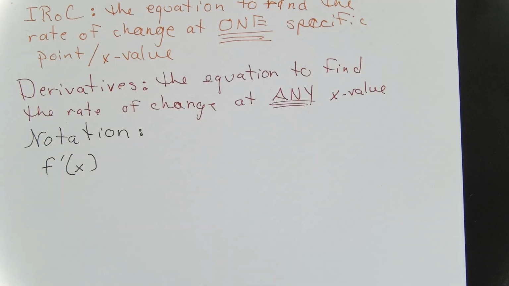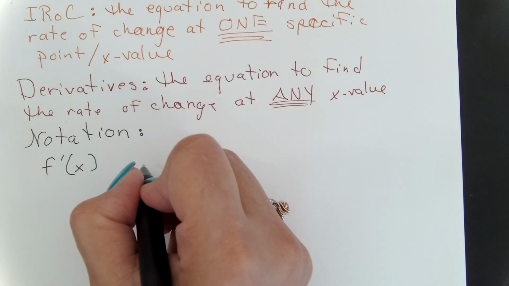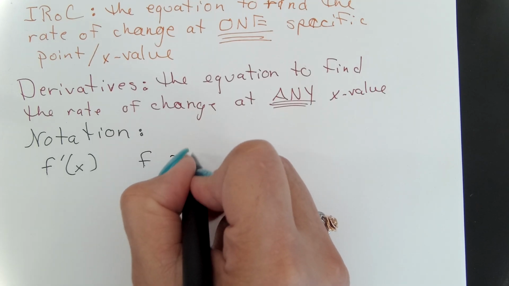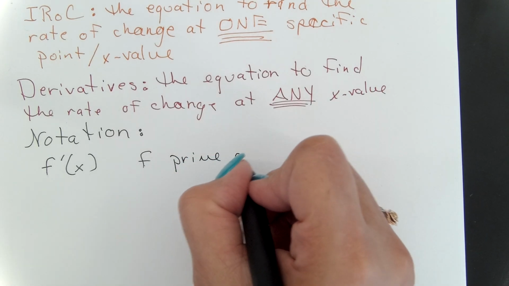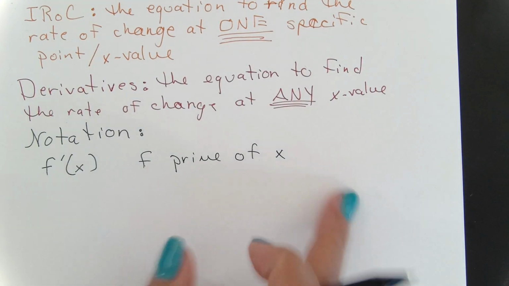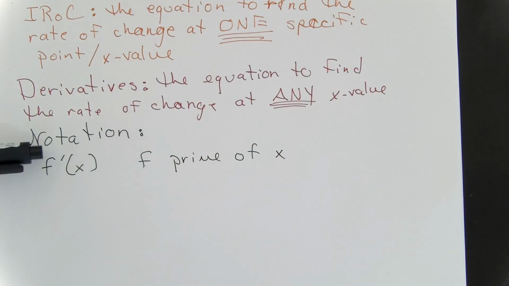This is not a 1, it's not a dash, it's not an apostrophe. It's called prime. So this is how we say it, f prime of x. So if you see this on any assessment,